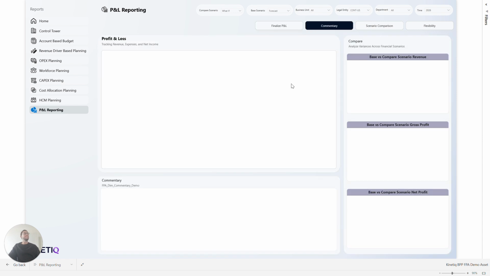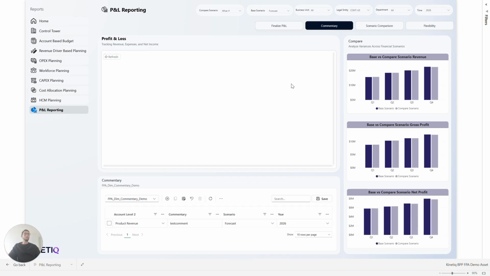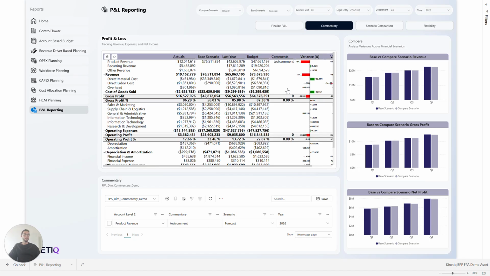What I want to show you is exactly how you could be doing this for your organization right here. When it comes to reporting, reporting is awesome when you can see what exactly is happening from a quantitative standpoint. But in addition to that, we also want to give you the ability to be able to show exactly from a commentary standpoint what exactly happened. So as an example right here, I can show, for example, that my actuals versus my current scenario, my base scenario, which is forecast, why exactly we have a difference right here. So by applying comments,